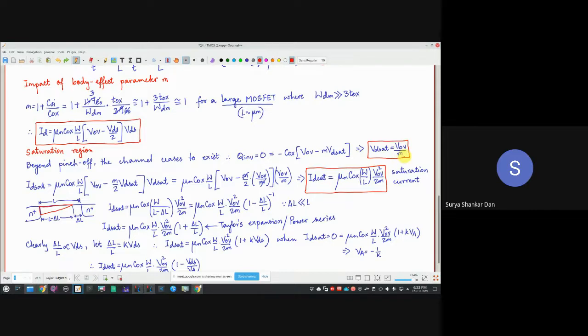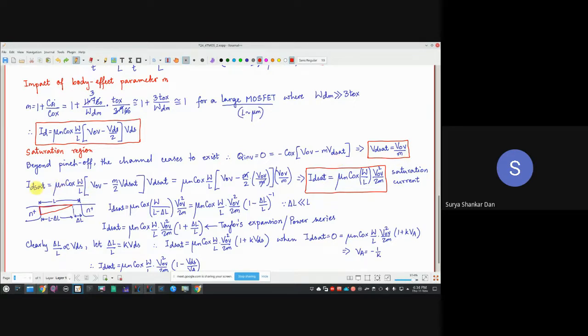It is 1.8, 1.9 or something. So essentially you can understand that whatever is the VOV, VDSAT is going to be roughly half of that VOV. Can you believe it? So you cannot ignore this small m anymore for short channel devices. So VDSAT is equal to VOV by small m. And as you can gradually see, as we go more and more into the short channel, nanoscale regime, you are going to have a completely different ball game, a completely different perspective of the devices per se.